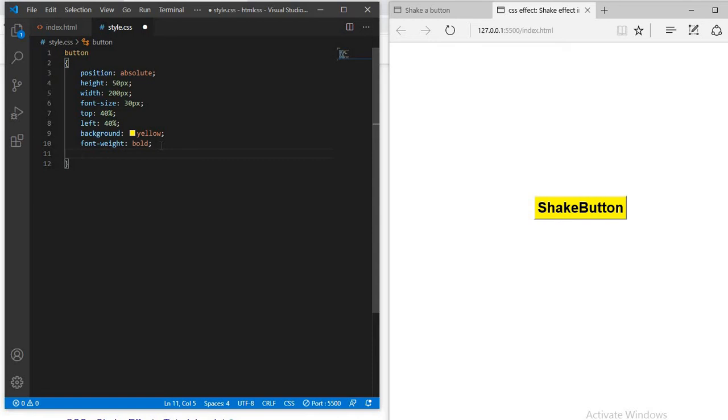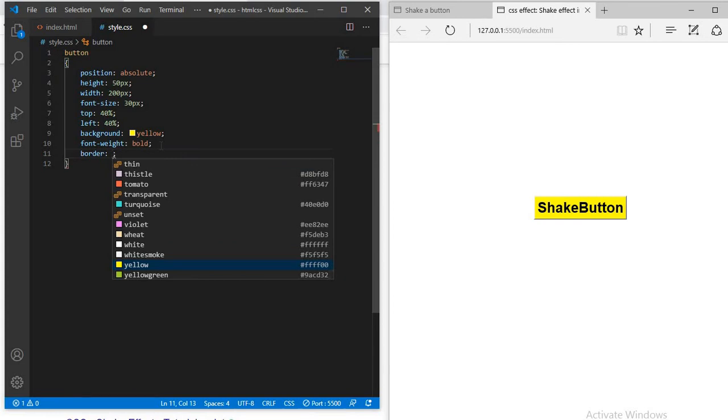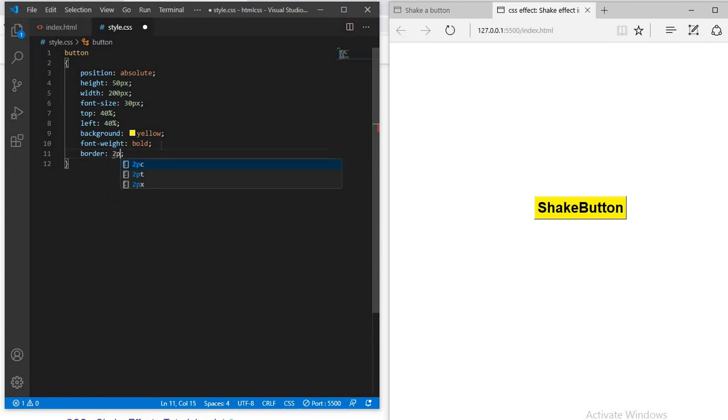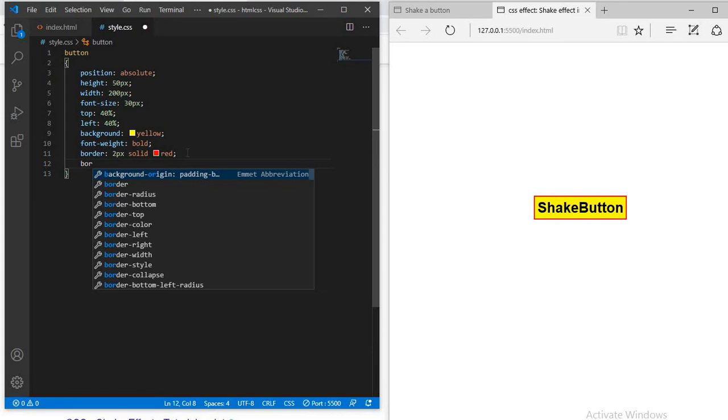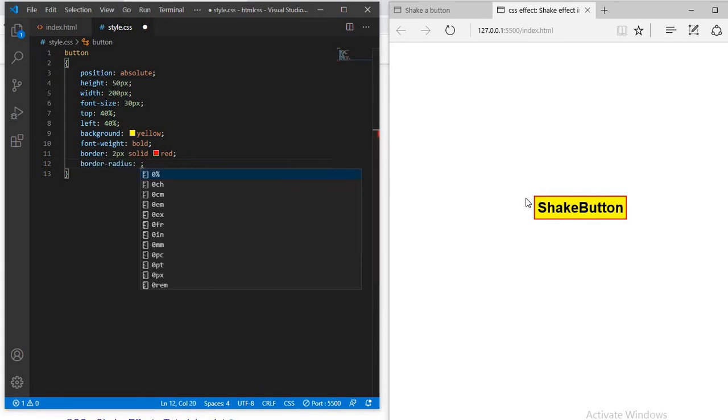Now I will set the border of this button to 2 pixel solid red. Now I will set the border radius, means it will set the corner.